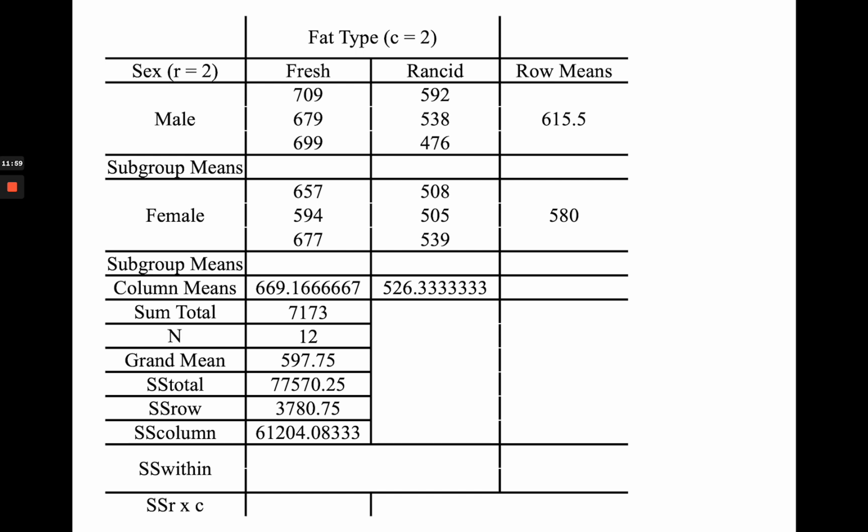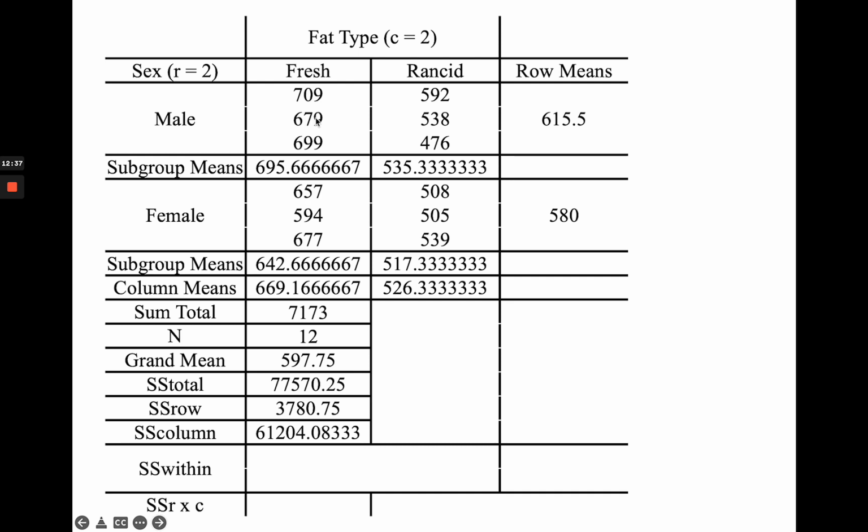61,204. So to calculate sums of squares within, we actually are looking at within sample variation, so we need the average of each of the treatment combinations. So that's what I have listed here as subgroup means. So we need the average of male fresh growth, which is 695.67, male rancid growth, 535.33, female fresh is 642, and female rancid is 517. And so these then are compared not to the grand mean, but these are compared to the individual values within